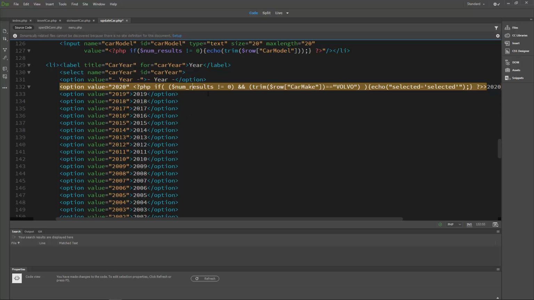I'm going to go ahead and edit this one. So we're still doing if num results is not equal to 0, logical and, but we're checking for car year. And for this one, it's going to be 2020. And it's still echo selected equals selected, like that. So now I'm going to copy that entire thing. I'm going to copy the space in front as well. So we've got a space and then our PHP to our red closing one. I'm going to copy that,